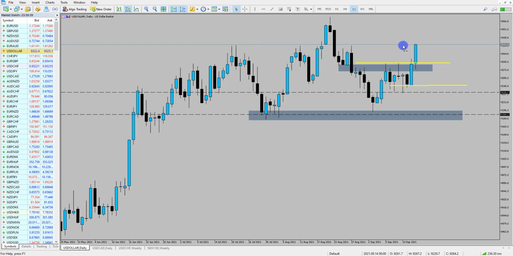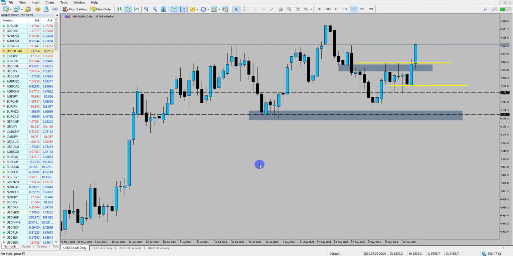Basically looking for the risk on, risk off effect in the market. And we can see here for the dollar, now that we've broken above these highs, we can expect a continuation potentially up into this sort of 93 area through there. If we get price pulling back, retesting, finding bullish price action, we can expect some further upside out of the